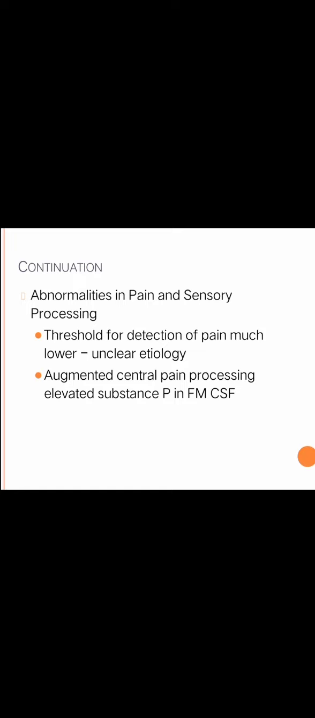The threshold for detection of pain is much lower, unclear in etiology. Alternatively, augmented central pain processing may play a role as well. We know that elevated substance P has been found in the CSF of fibromyalgia patients. Substance P is a part of nociception and has been identified as being elevated in the CSF in many